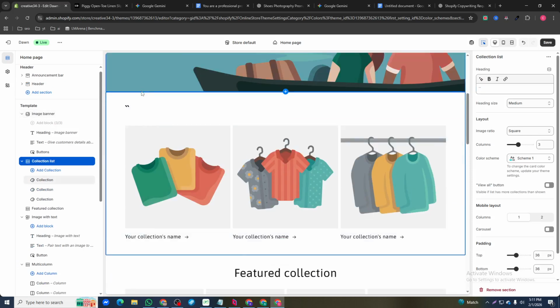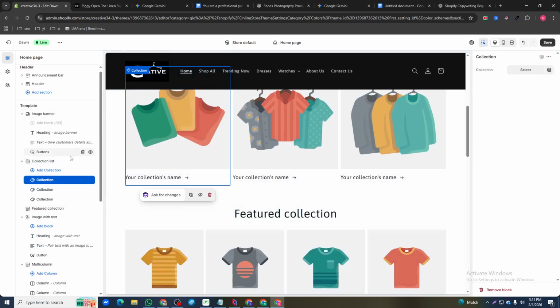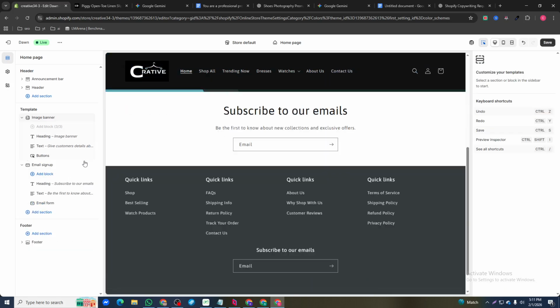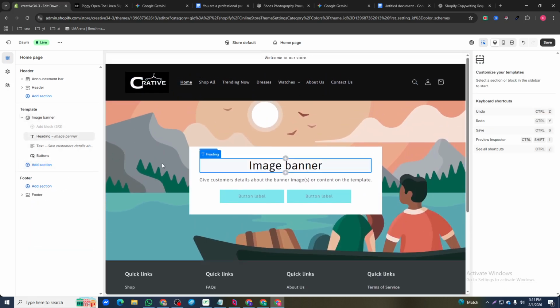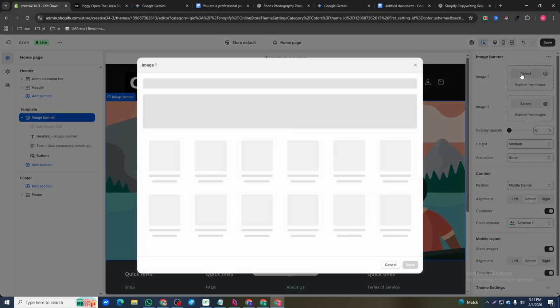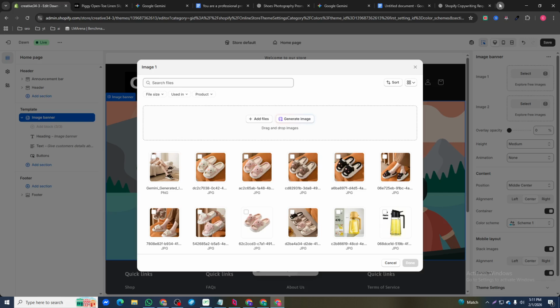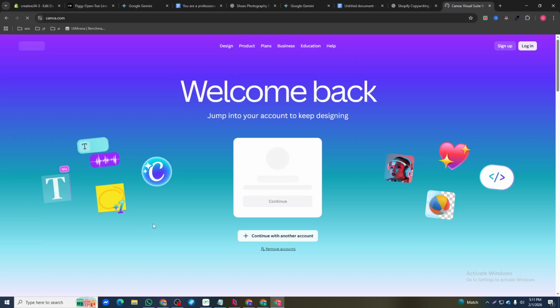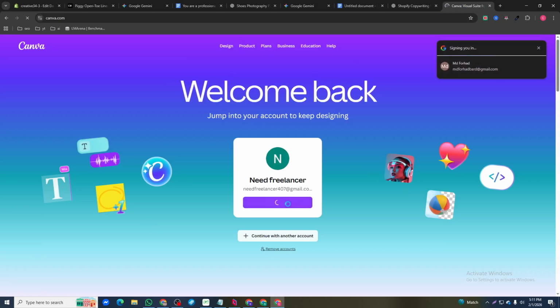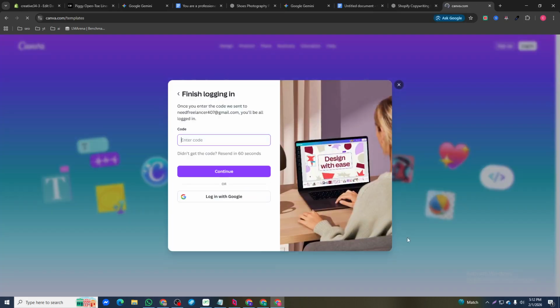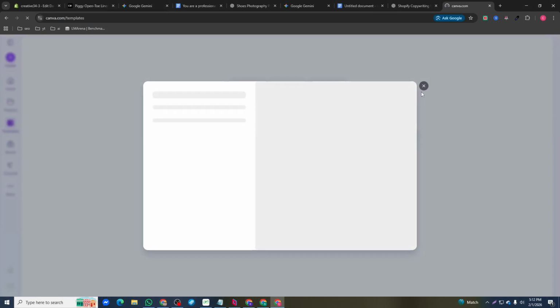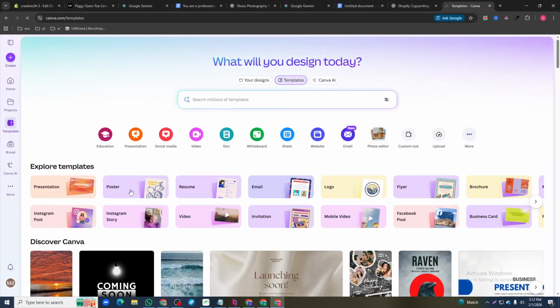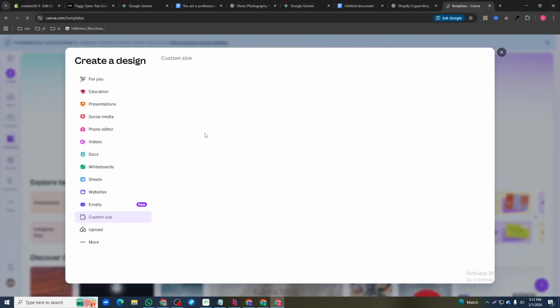Let's delete this one, and for now I'm not going to do anything over here. Let's delete all the sections that I just showed, which were just for example if you create a multi-banner store. For this I'll click the image, and go to banner creation. I'm going to go to Canva. Once you come to Canva, you might take the free plan. I'm going to click continue with my email. It might ask me for a verification code, but no, it's done. From here I'm going to click custom size, and give the banner size.